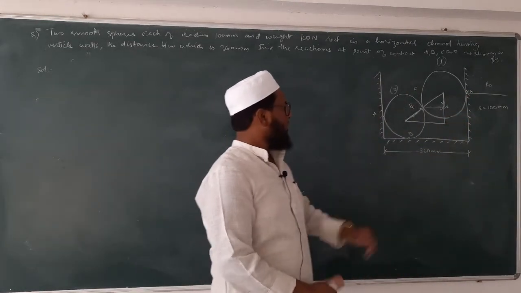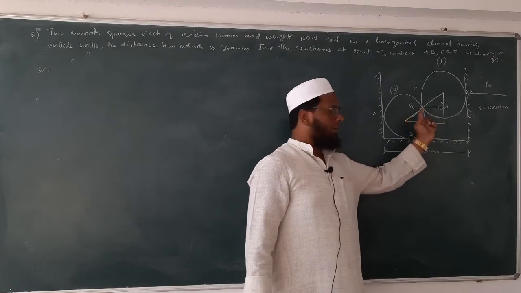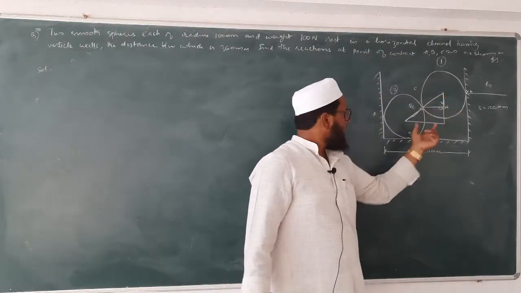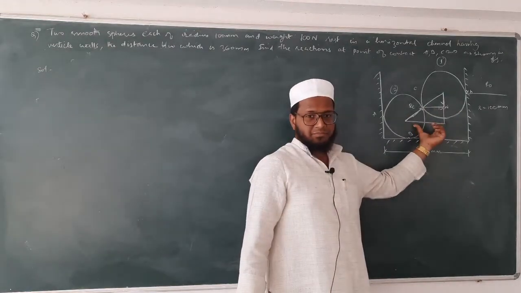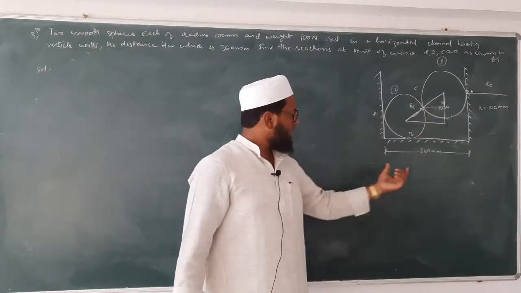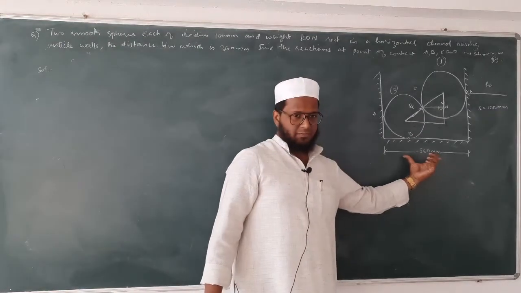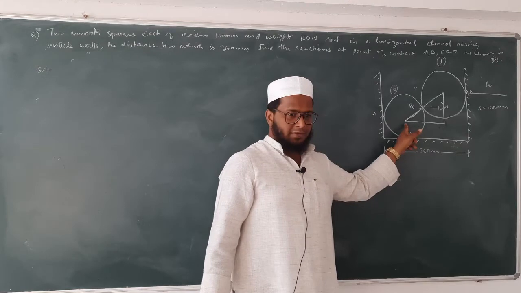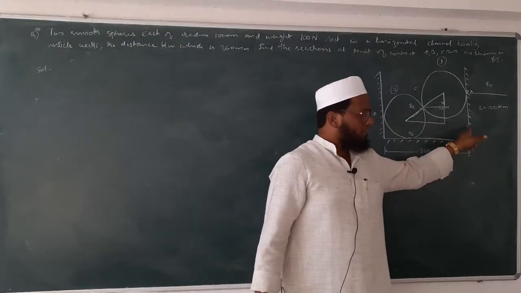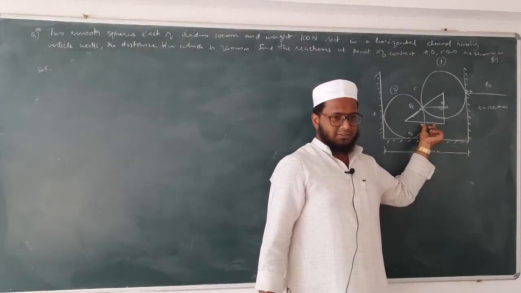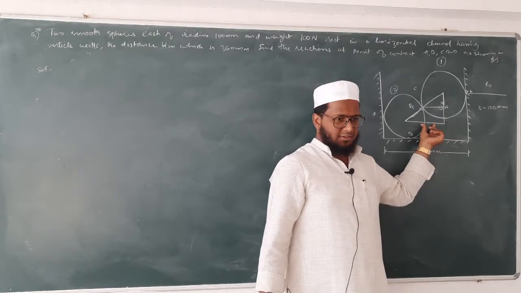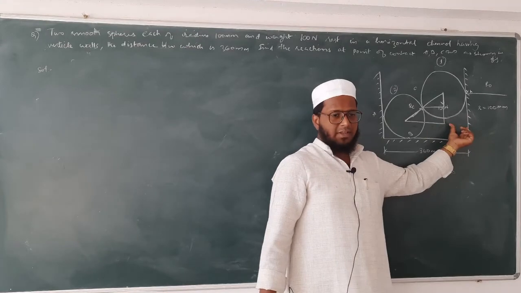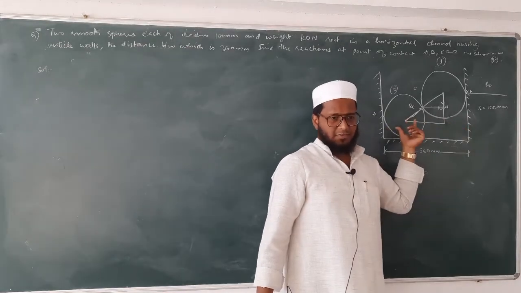now you tell me what is this distance? 100. What about this distance? 100. What about this distance? Can you tell me? Observe here carefully. Total is 360. Once you remove this 50 and you remove this 50, you will get this distance. Radius is 100. So 100, 100, 160.